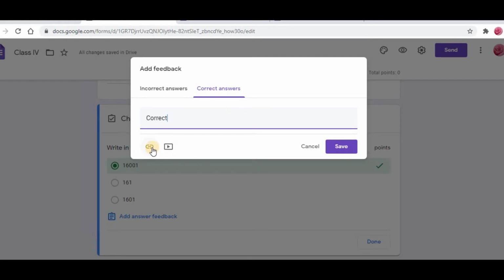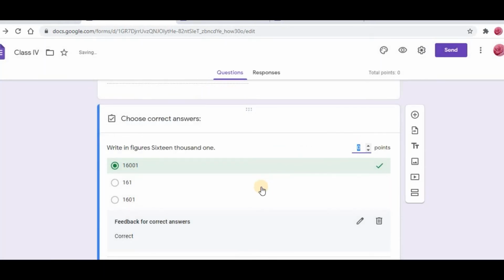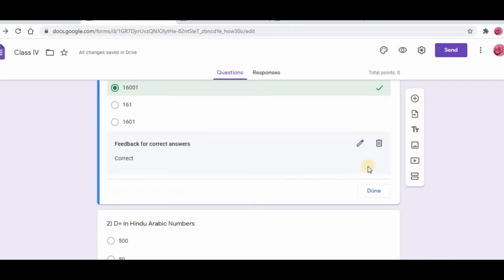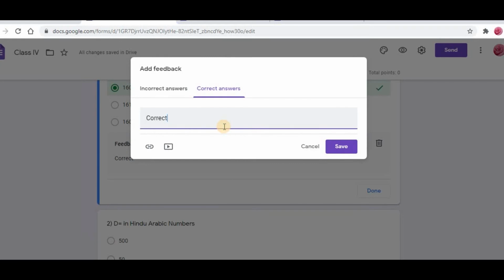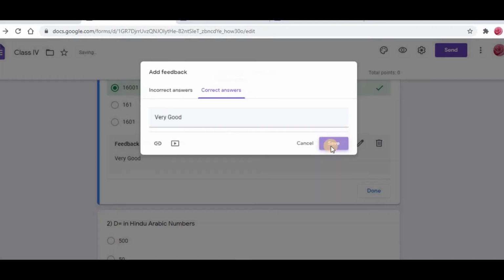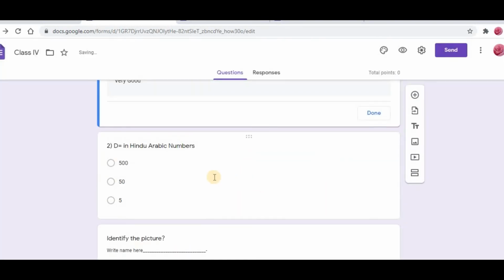And not only this, you can share this link or show this in the form of a video, and you have to press the save button. If I don't want any other thing, you can just delete. Otherwise, if you touch this pencil button, it is going to edit. Means I don't want this correct one, so I want to say very good, or keep it up, something else you want. Like that you can write. For each and everything you can go for a different one.